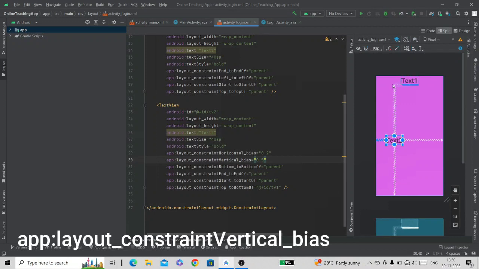So now as you can see, the view we are seeing is not at 50%, it is more than 50%. This is because the top constraint of this text view is connected to the first text view. That's why the 50% is counted from the bottom of the first text view. So if you look carefully from the bottom of the first text view, you can see it is exactly 50%. If we make it 0.2, it will gap 20%.